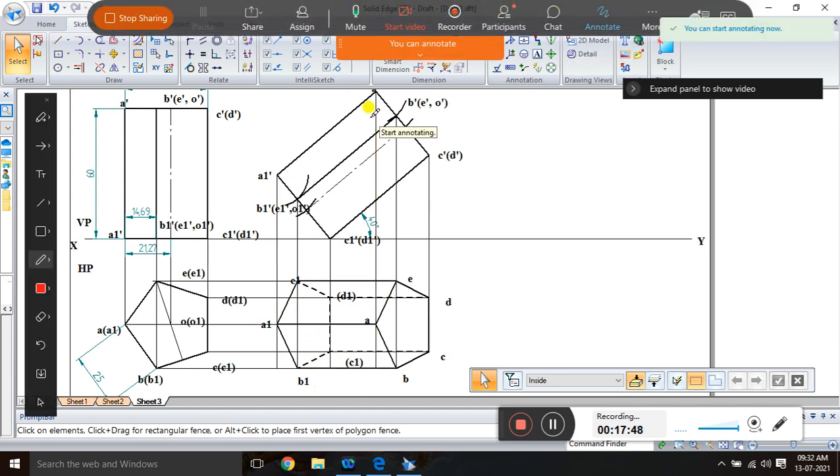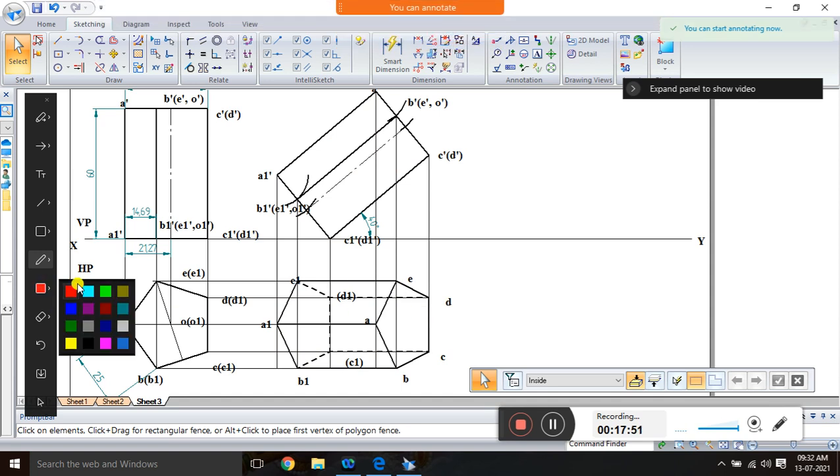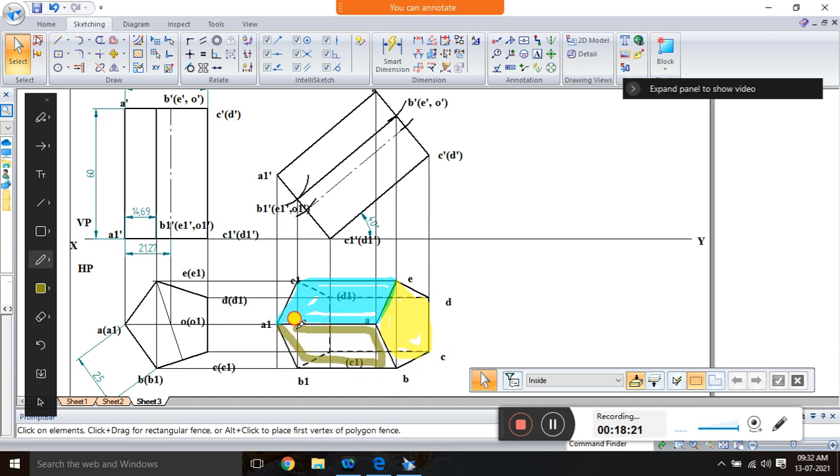See, if you see from the top, you are able to see this face. So A, B, C, D, this complete face is visible first, if you see from the top. And similarly from the same top, this face A1 to E1 and E and A, this face is also a visible face, the second visible face, and also a third visible face is there. So this is A1 to B1, B and A, so this face is also visible. Only these faces are visible if you see from the top.